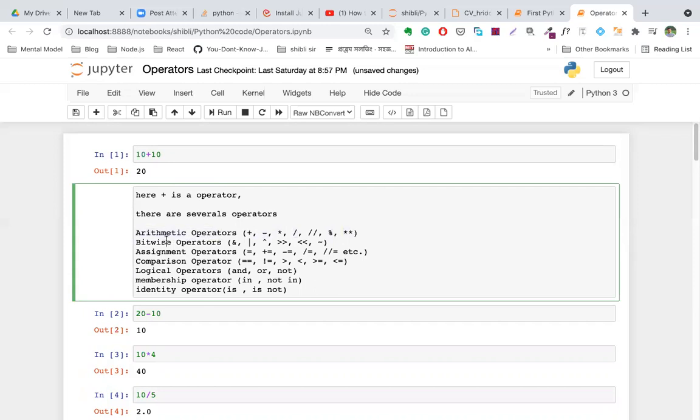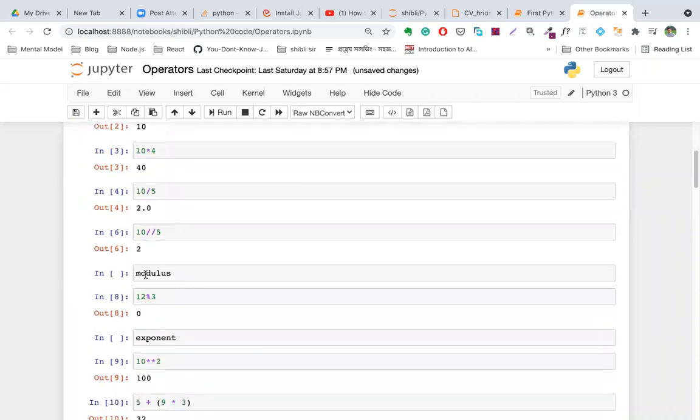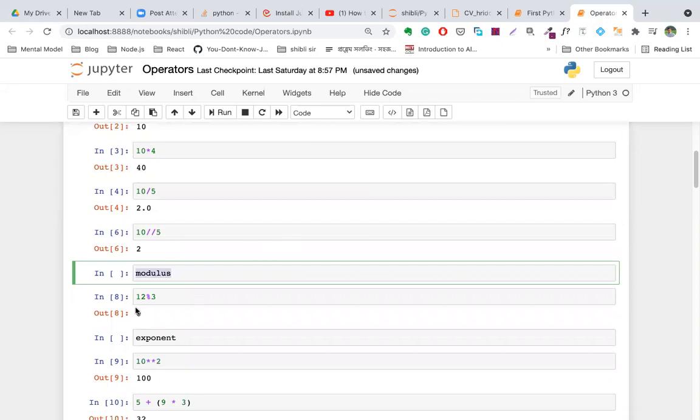There are some bitwise operators. We'll learn what a bitwise operator is later. There are some assignment operators. Assignment operators we'll learn later. For example, what modulus will do is